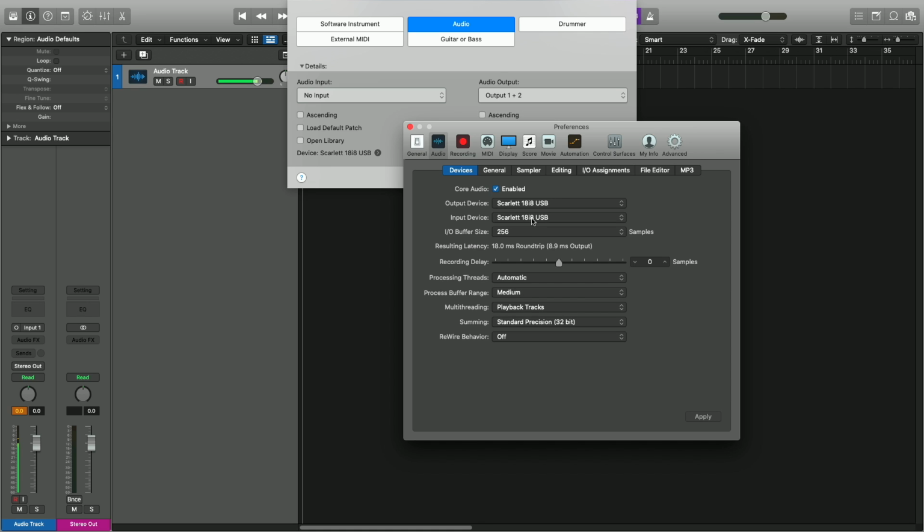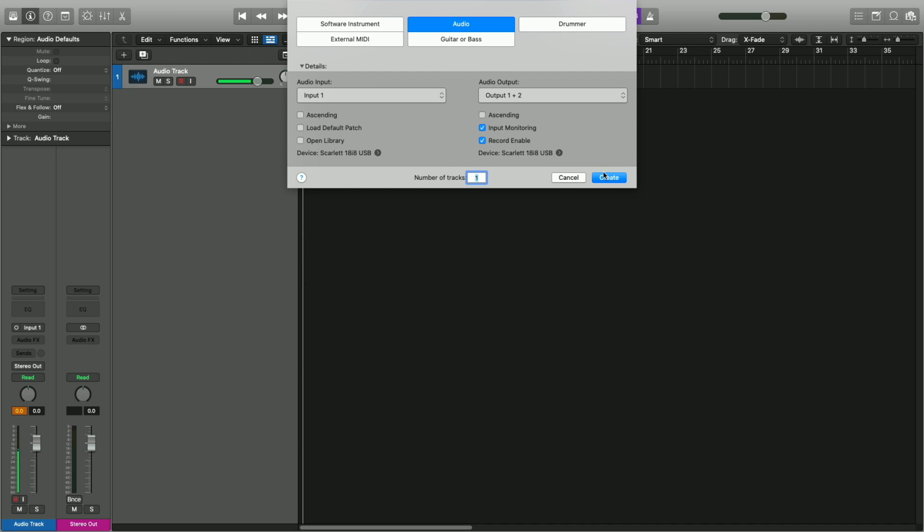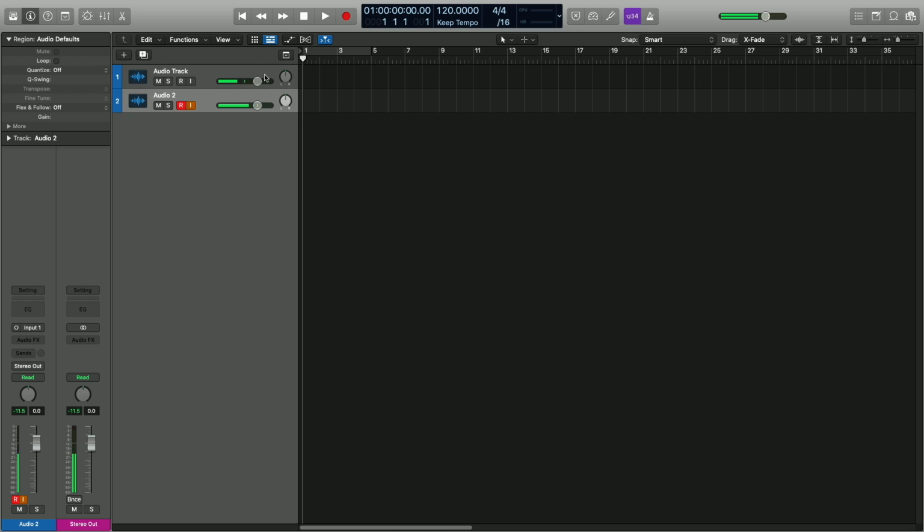I have the Scarlett 18i8 USB audio interface, so I'm going to make sure that is selected, and then I can select my input depending on which one my mic is plugged in. My mic is plugged into input 1, so I'll select input 1 and create a track for input 1. Now you'll notice that it's already recording. I'm receiving a signal because my mic is plugged in correctly, and I've set the gain of recording the mic